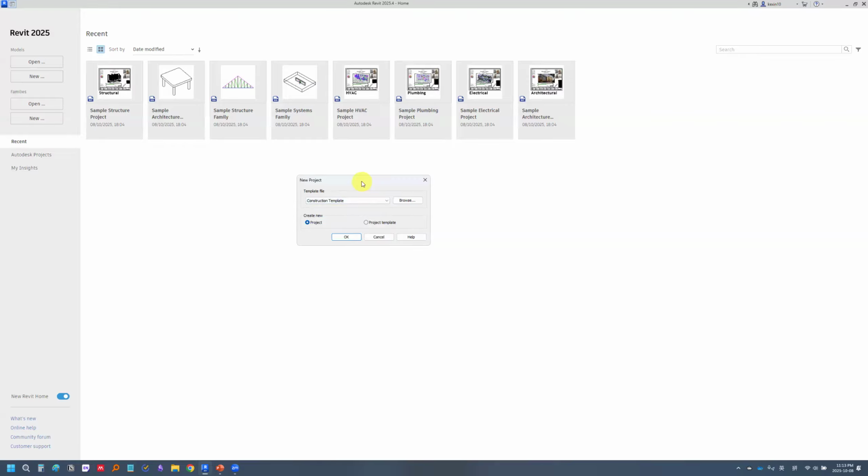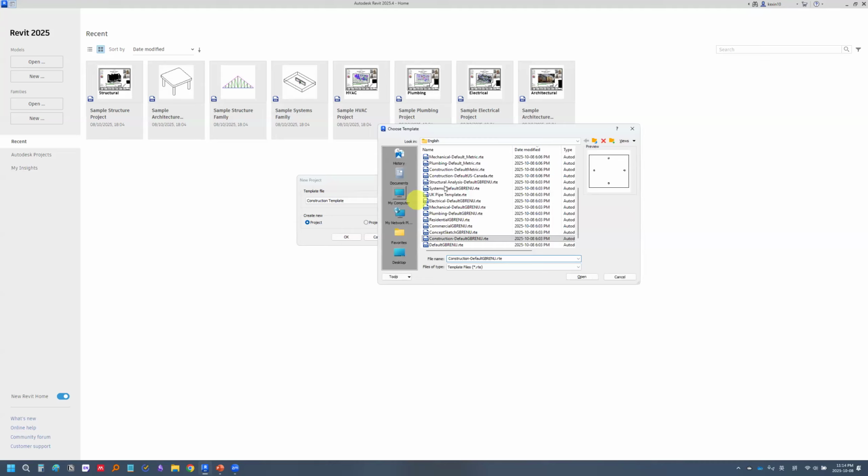But to make sure we have some consistency, we provide a template on the canvas. You can download it on your own computer and click Browse